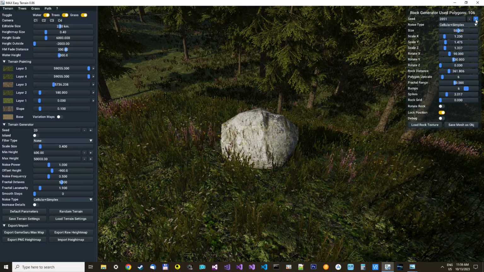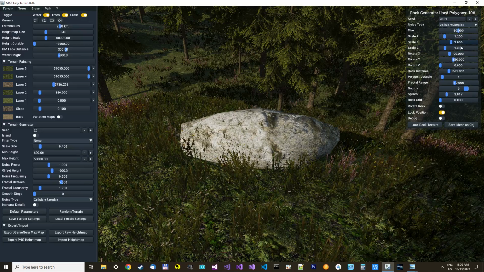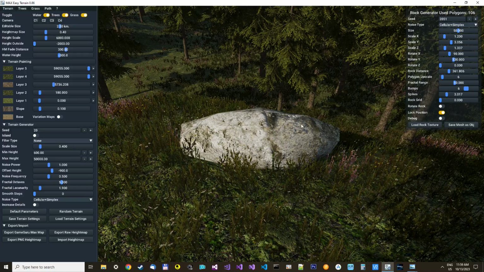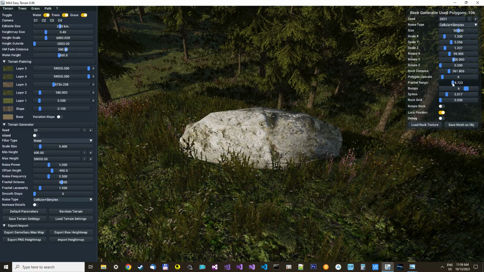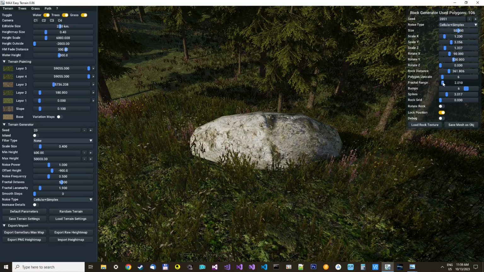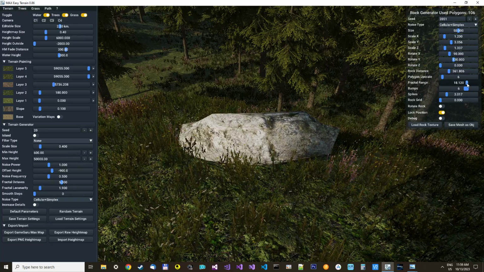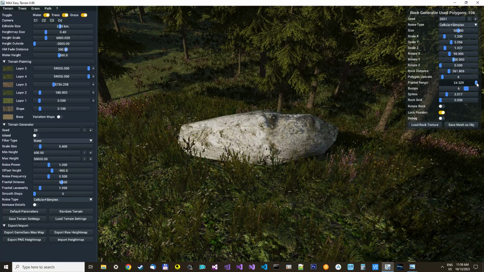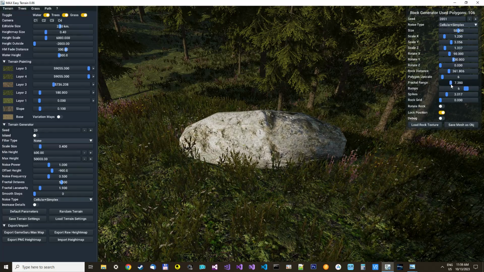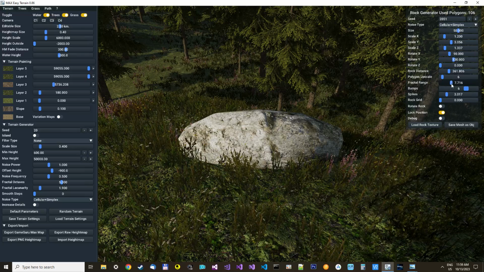Now, if you have something we like, perhaps a white rock, you can use the fractal range to save from where the noise is coming. So you can see here, if I lower it, it changes the shape like that. And the higher you set it, the more aggressive it gets. So you can get pretty much any shape you want of your rocks, and